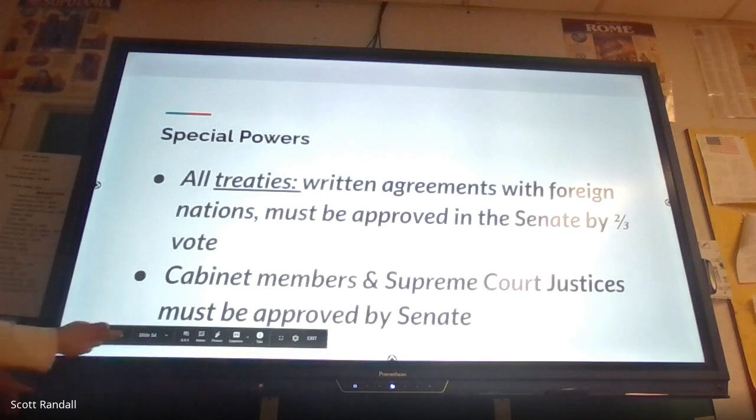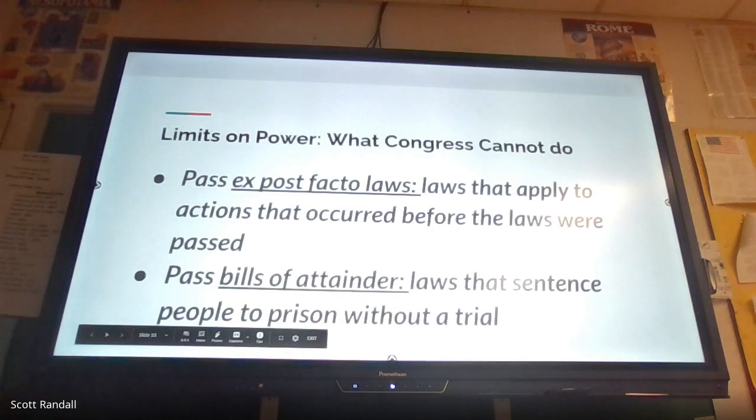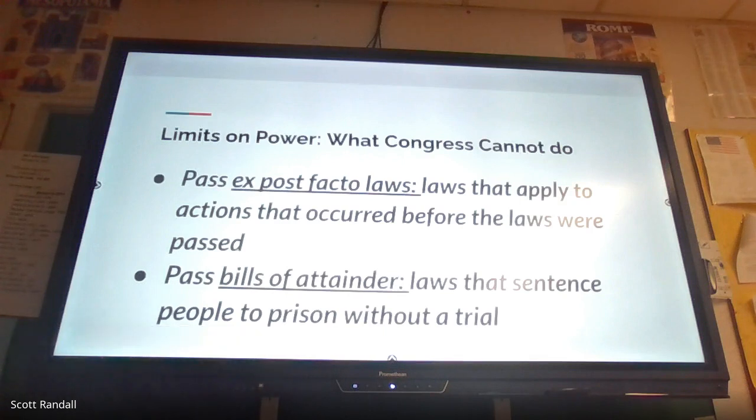All right, and then also, these are some terms that are Latin in nature. A couple of them here. What Congress cannot do is pass ex post facto laws. Ex post facto means after the fact, basically laws that apply to actions that occurred before the laws were passed. All right, so for example,